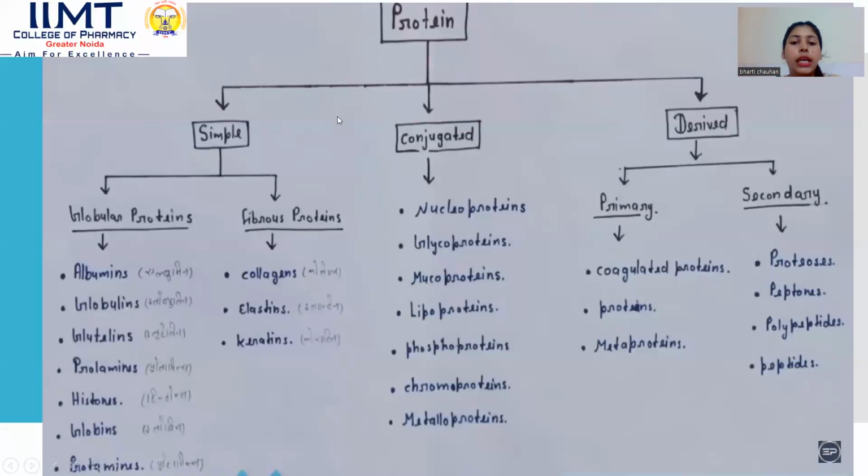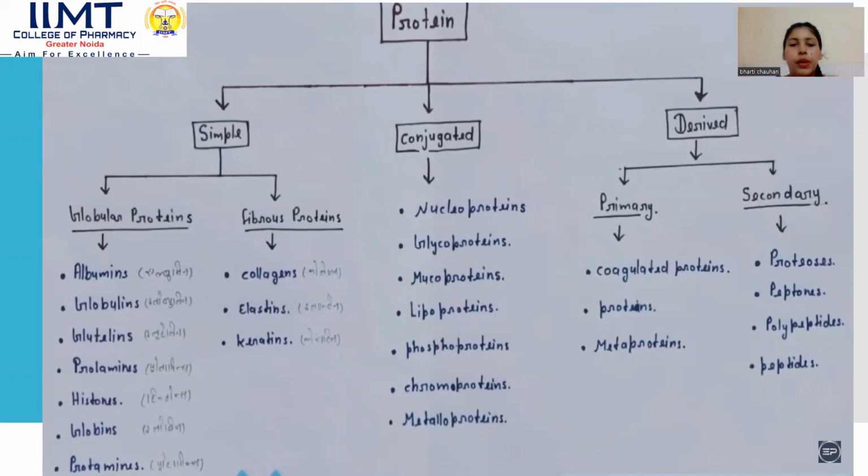Simple proteins give only amino acids or their derivatives on hydrolysis. Globular proteins have a spherical shape and are soluble in water, acids and bases. Fibrous proteins are long strand-like proteins that are insoluble in water. Conjugated proteins contain a non-protein group or compound in their structure, containing amino acid residues attached to